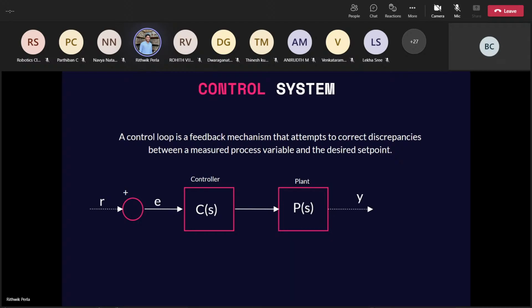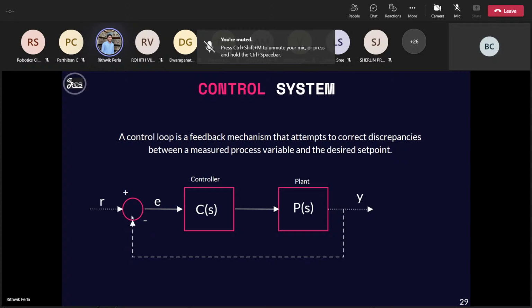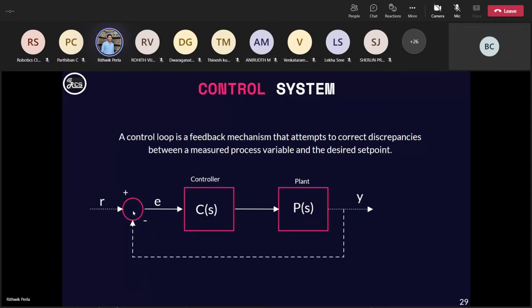Feedback is basically nothing but, see, you conduct some event or something. So you send feedback forms to the participants and you get the ratings, all that stuff. Similarly, even in this control system, we have something called a feedback mechanism. According to the output you got, you send it to a comparing unit, which is an addition or a subtraction, which conducts arithmetic operations, in this square near the R. So near R, the output will be compared with the input.